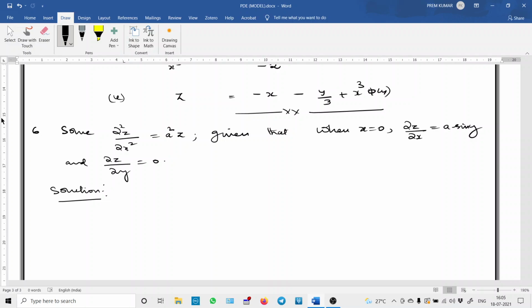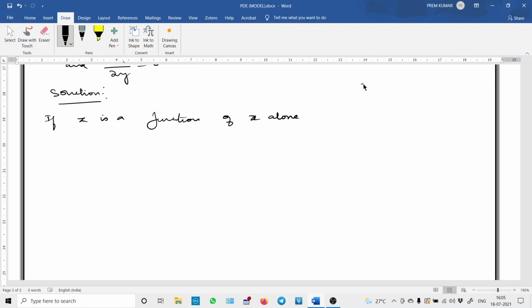Now, if z is a function of x alone, actually z is always a function of two variables. This is a general one, but it may happen that it may be a function of x alone. It may not depend on y. Suppose that is the case, we are discussing that case. Suppose z is a function of x alone,